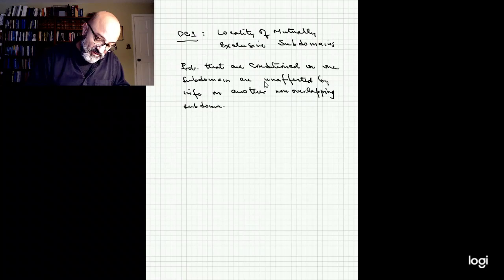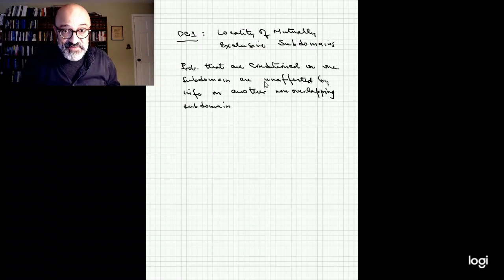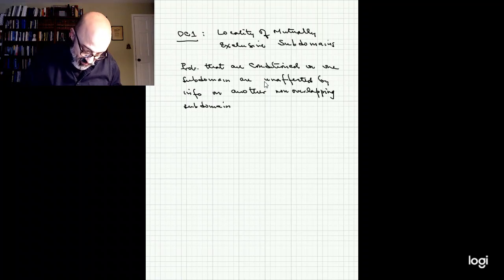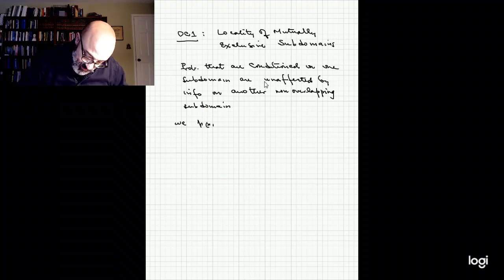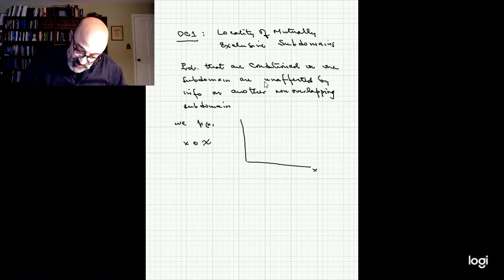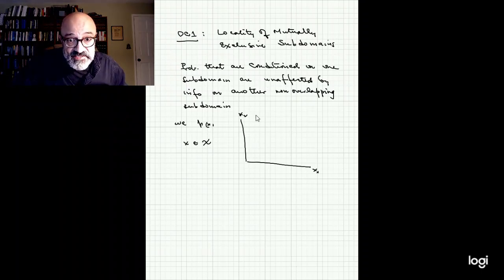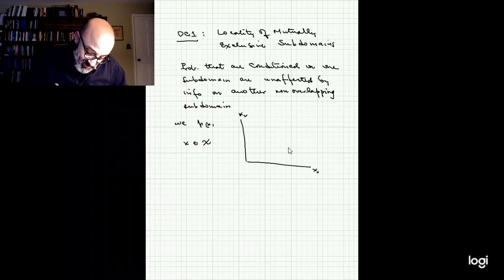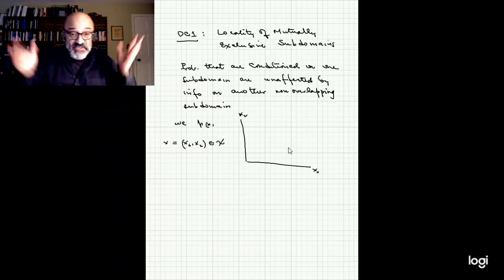Let me draw what we're trying to imply by this. Suppose that we want a probability distribution. The domain of all x's belongs in some space capital X. So here is coordinate 1, here is coordinate 2, and the space X is the space x1, x2, right? So this here, this could be some position in 2 dimensions. As you can see, we can have as many dimensions as you want, but that's the